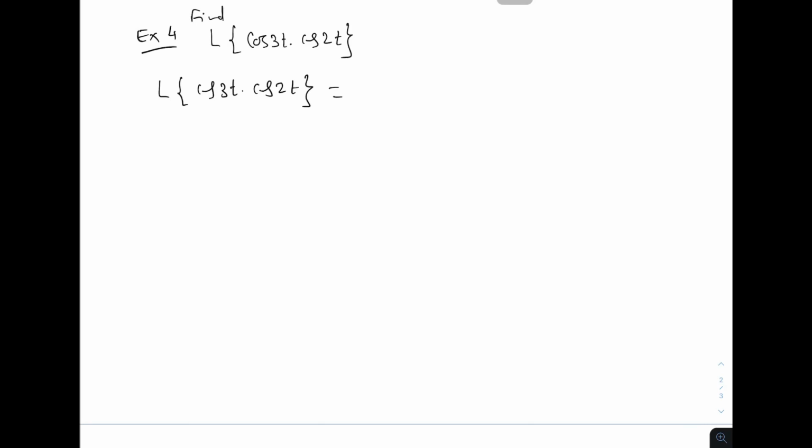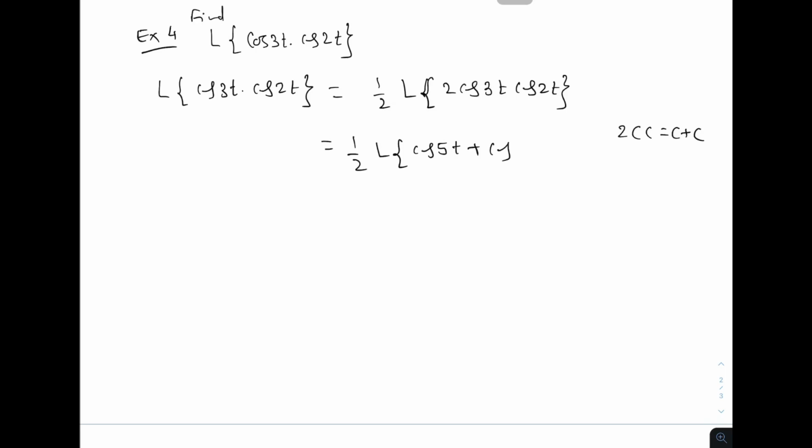So this we can write as 1 by 2 Laplace transformation of 2 times cosine 3t cosine 2t. Now 2 cos A cos B, that we know is cos(A+B) plus cos(A-B). So this is equal to 1 by 2 Laplace transformation of cosine (3 plus 2)t plus cosine (3